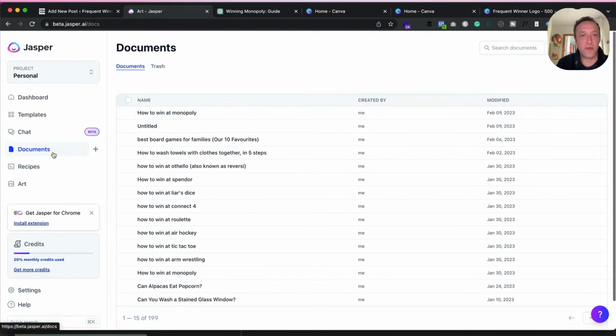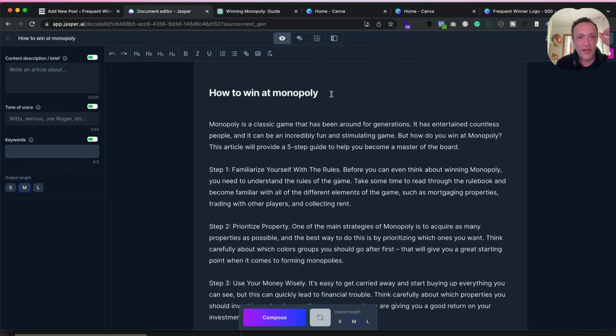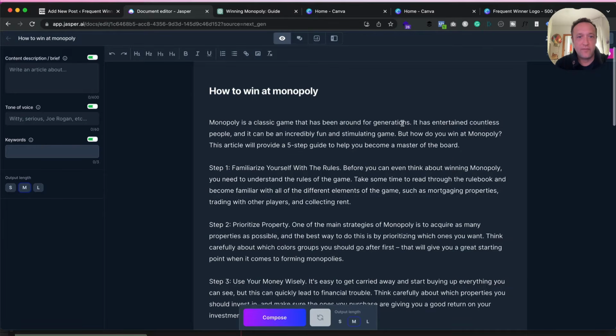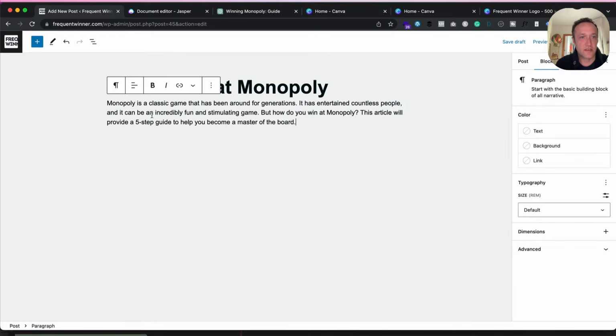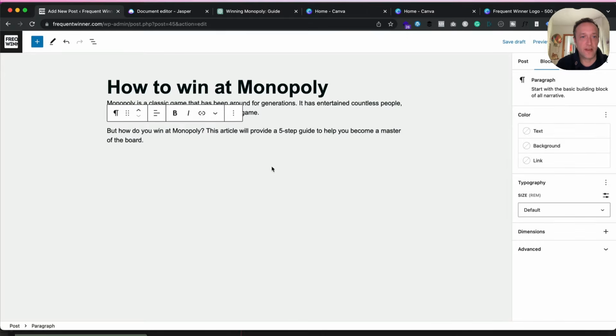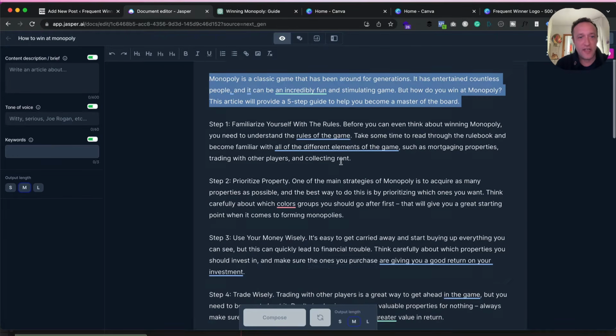So if we go back to my documents, let's have a look at the one that we just generated. How to win at Monopoly. Okay. Just going to take that title, break it down a little bit. How do you win at Monopoly? This article provides a 5-step guide to help you become a master of the board. Okay, so for the 5 steps that we've got here,